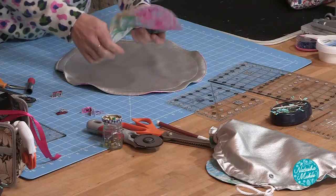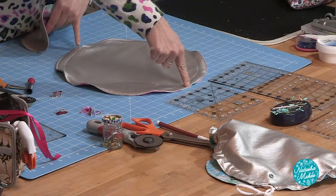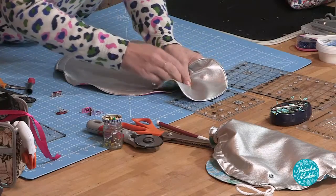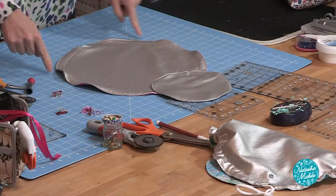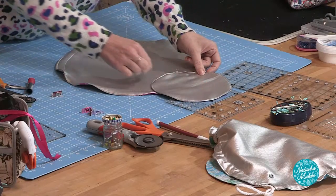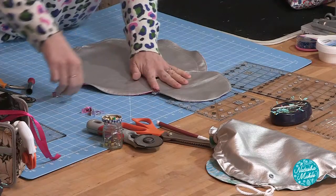And I'm going to match that center point to the very top of the center, so directly opposite my V's down there. And I want that center point to go exactly on there. So that you've got your big circle, your little circle, and I'm just going to clip that so that where I've folded everything in half, that line will run all the way down there. Clip,